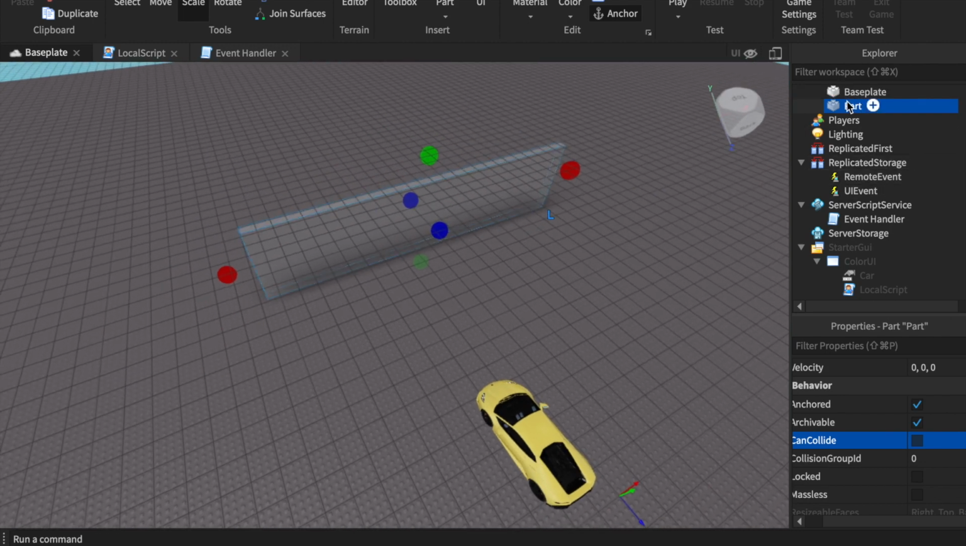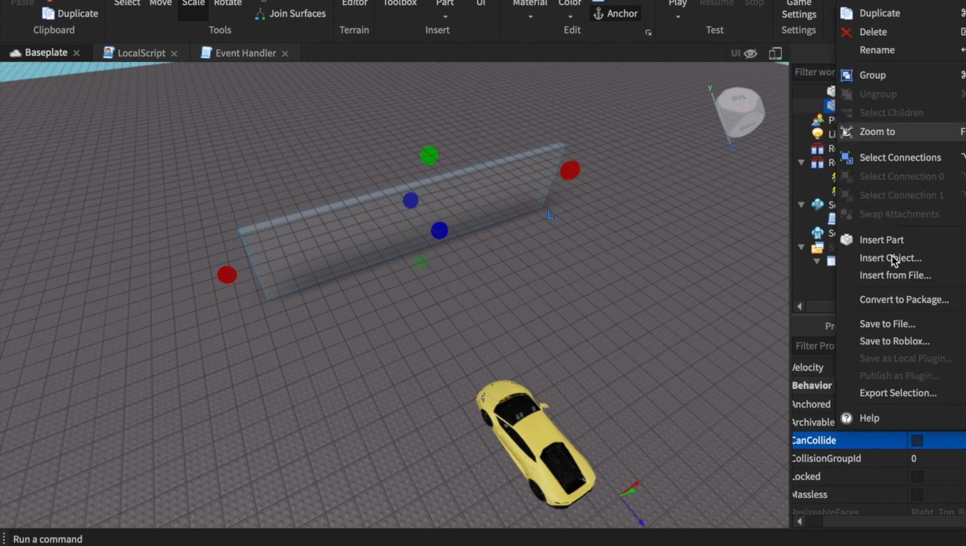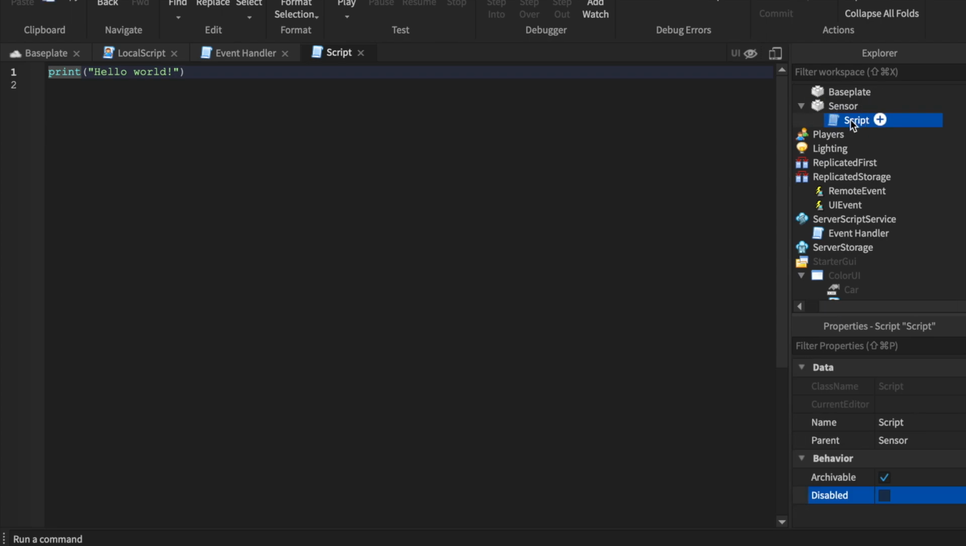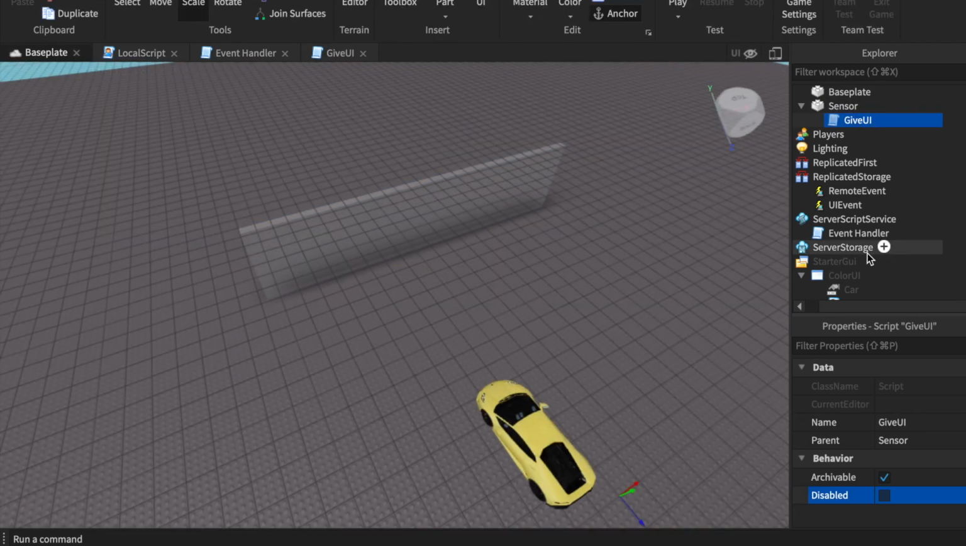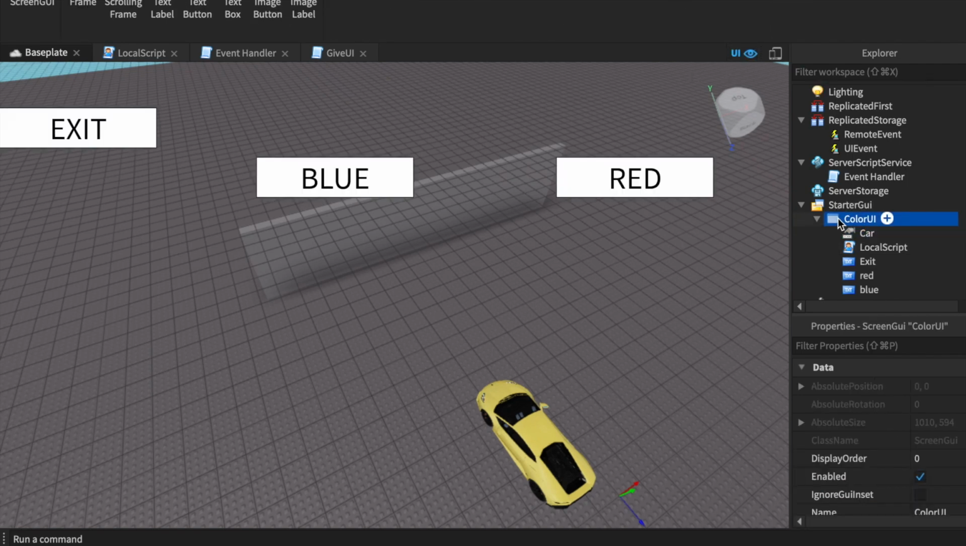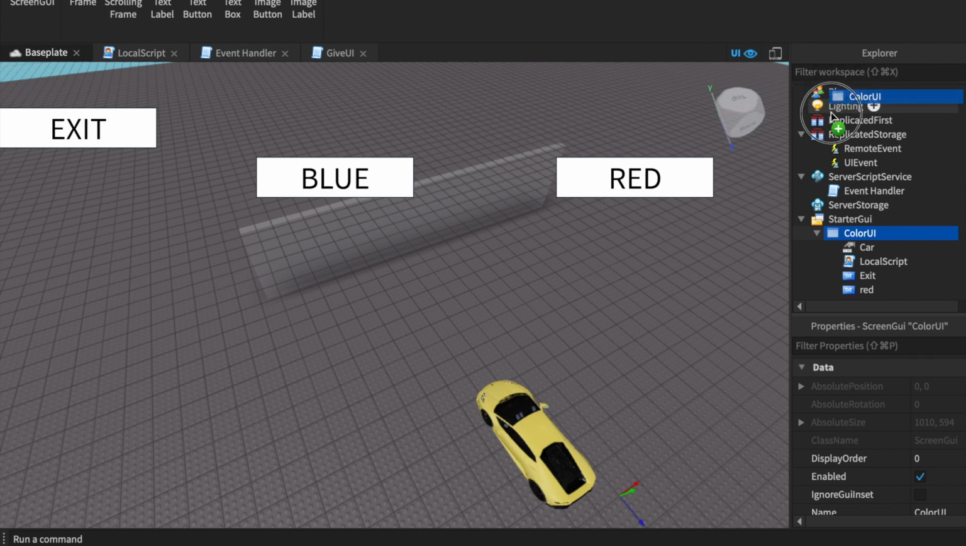Now, we're on the last script here, and I'm going to go ahead and name the sensor. The sensor name doesn't really matter. You don't have to name it that. I just like to do it as a reference. And we're just going to make one little tiny script in this, and then we should be done. We're going to go and insert a script, and we'll call it give UI. Now, remember that UI that we did make at the beginning? Let me turn on my UI. Remember that UI that we did make? Let's go ahead and drag that